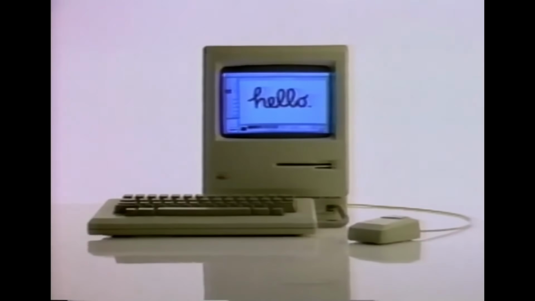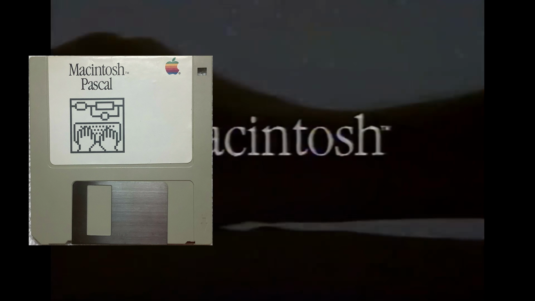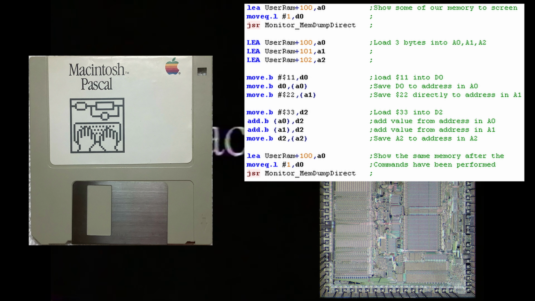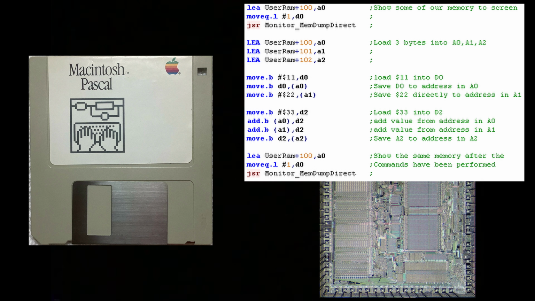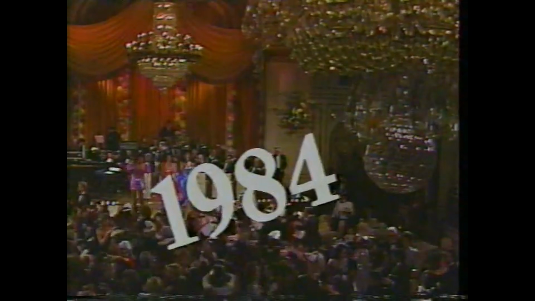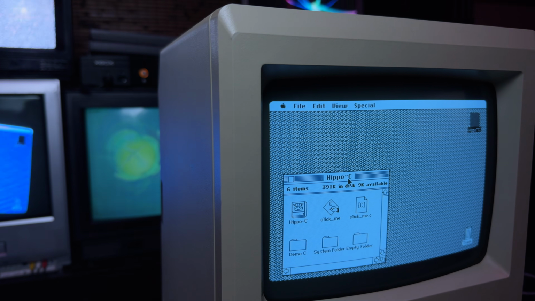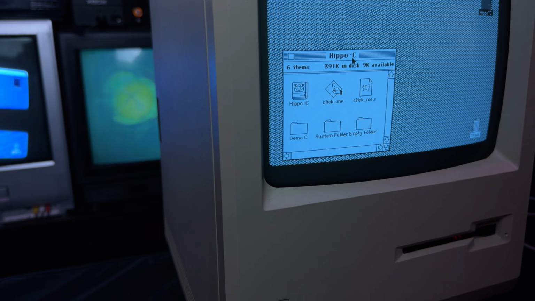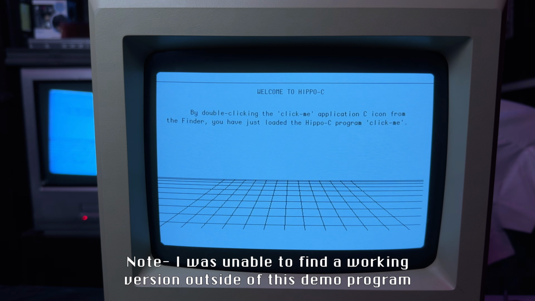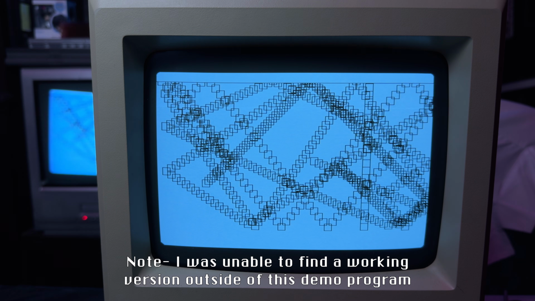Naturally, people needed to get to work writing programs for the Macintosh, and at first developers used either Apple's Object Pascal or would straight up just write assembly for the Motorola 68000 processor. In the same year, Hippopotamus Software released their Hippo C Workshop, becoming the first ever C compiler for the Macintosh. This software was great, however it was meant more for beginners, and therefore it lacked the ability to make real